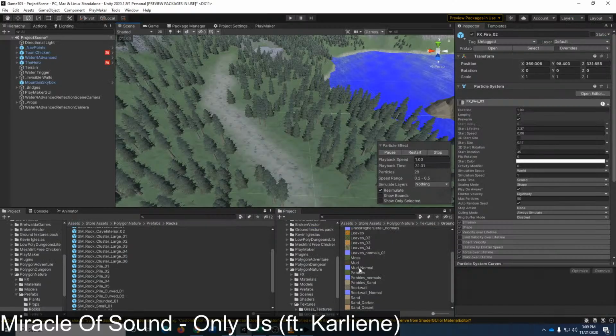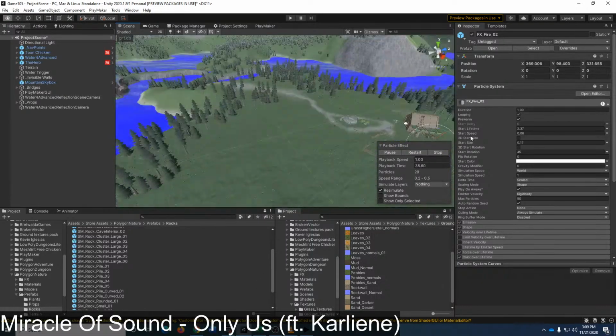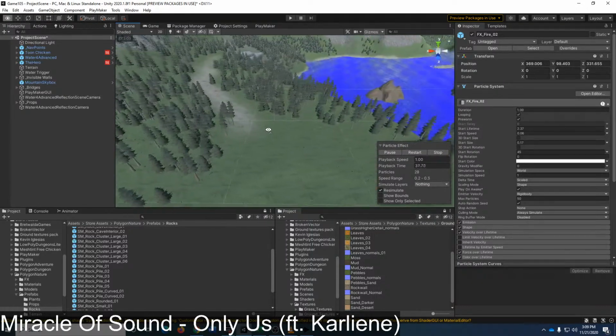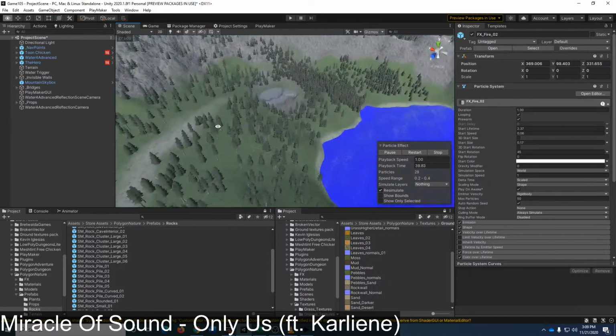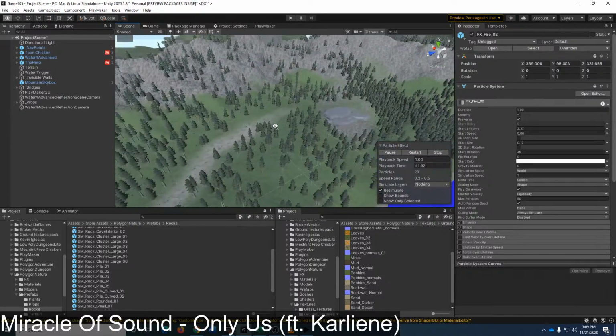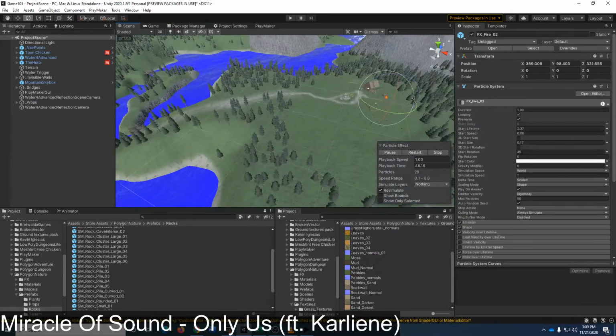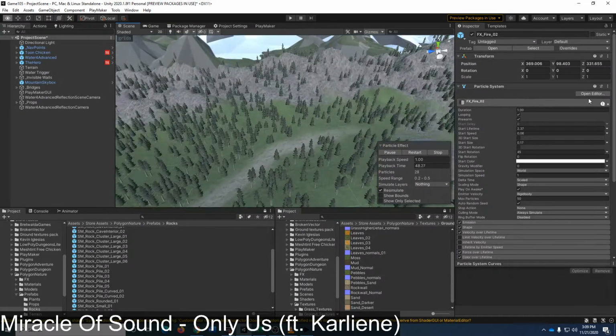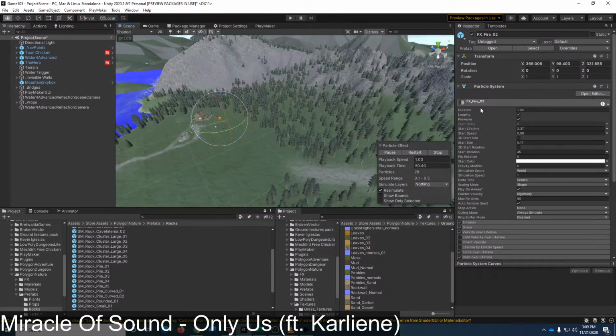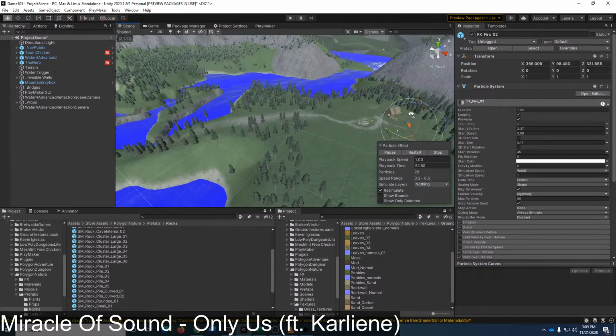So a little bit of tidying up on the level here. And that is, I'm going to have one chicken over here on these rocks. So I've got a little path sort of leading over to here. I also need to do visibility checks on my walls as well.